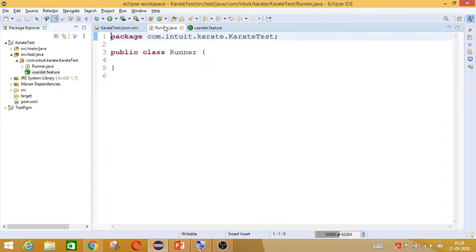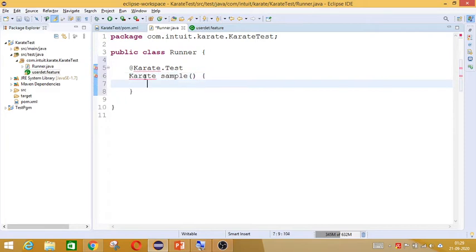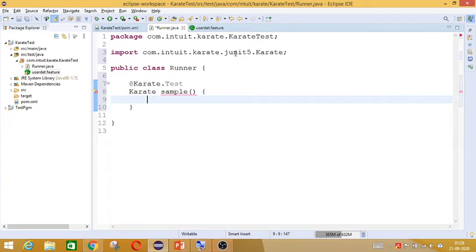Now the next one is the Runner.java file. In this file we have to provide the details for the feature. We will start giving the Karate test detail. So to begin with, give @Karate.Test, and then we'll give a Karate and just a sample function name. We may have to add the import detail. So import com.intuit.karate.junit5.Karate is imported. Now we will say return